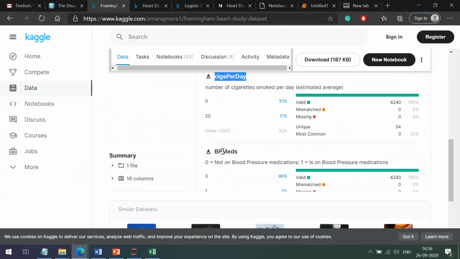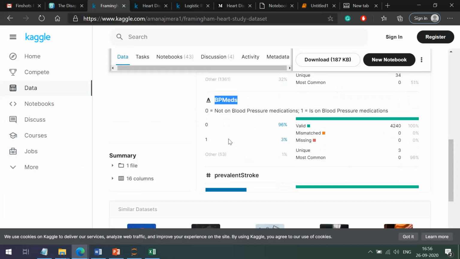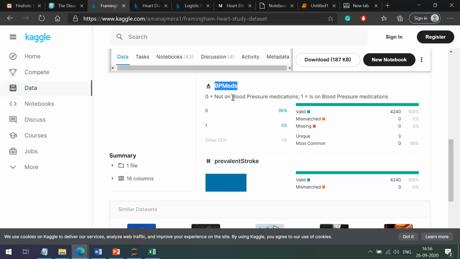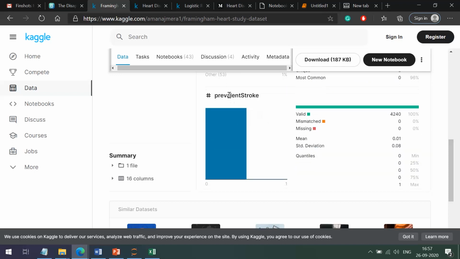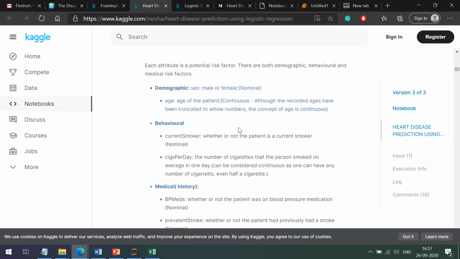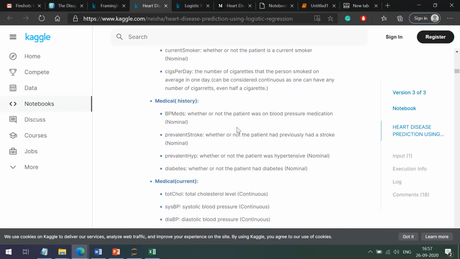Then BP meds. 0 represents not on blood pressure medication; meds stands for medication. 1 represents on blood pressure medication. Then prevalent stroke, where we have 0 and 1. If you search for this dataset, you will get further details.